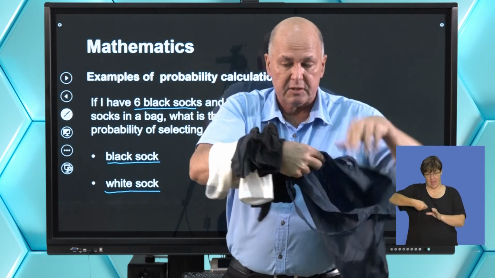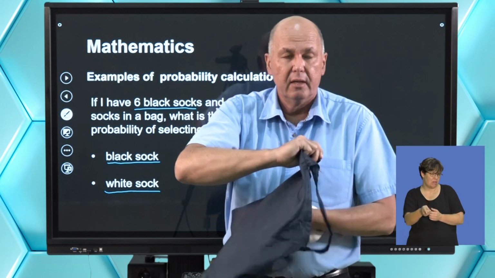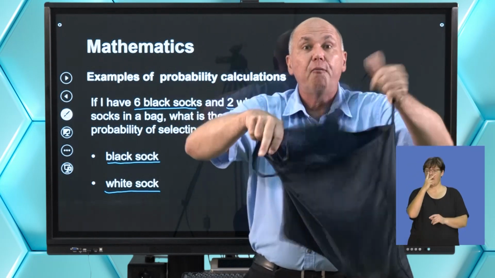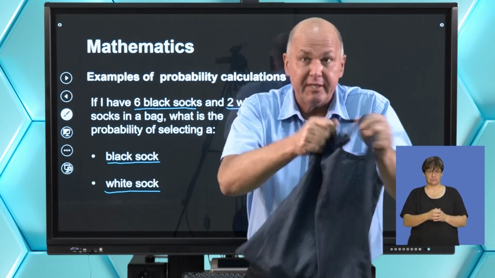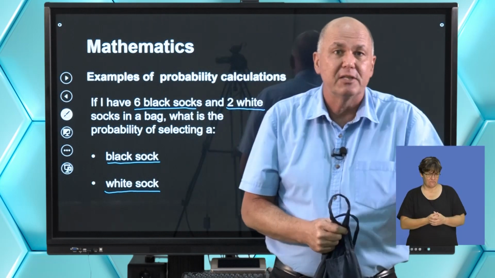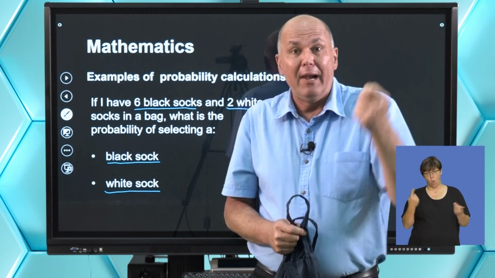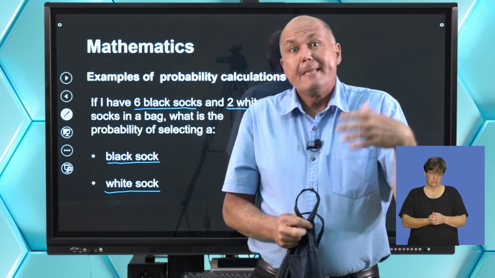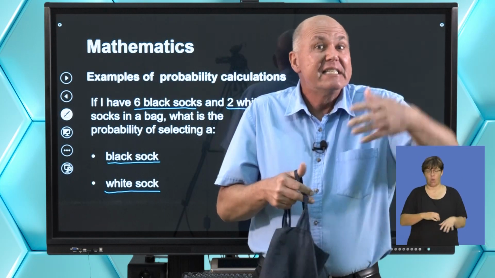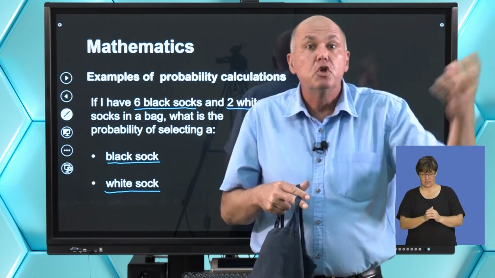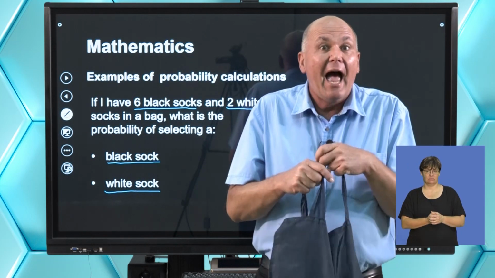Now I'm going to put these socks back into the bag, and what I want you to think about is, what do you think the probability is going to be of pulling out a black sock? Do you think it's going to be high or low? Let's have some fun. Let's predict. Well, what's the total number of possibilities that I could have? I could have either a black sock or a white sock. So I could pull out 6 black socks, or I could pull out 2 white socks. So the total number in the sample space is 8 possibilities. And out of that,